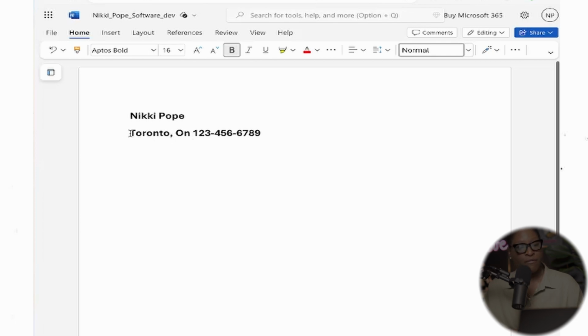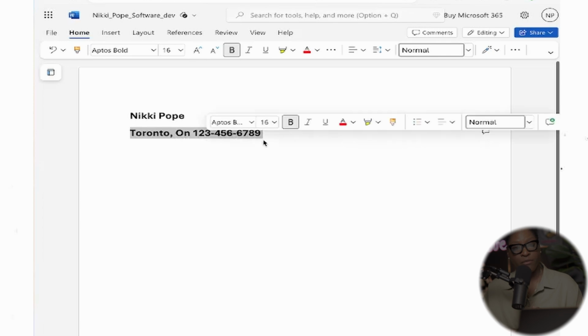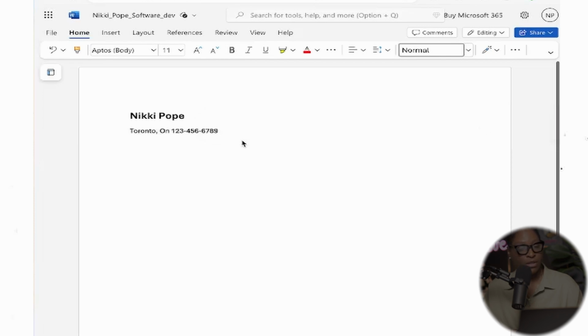Now, the font size for your personal information should be about 11, and I will not make it bold. I will just keep it as regular font. In between the information on your resume, I like to use the pipe symbol to separate the information instead of tab, because tab can also take up space. So your telephone number, then you put your email,